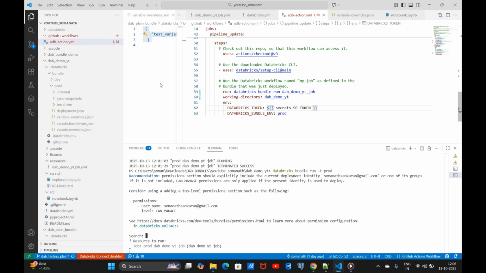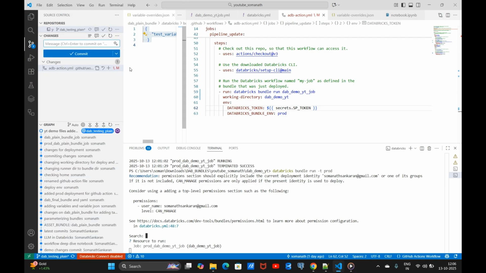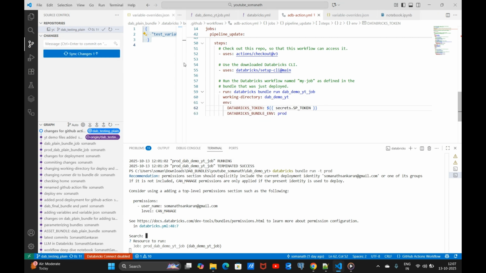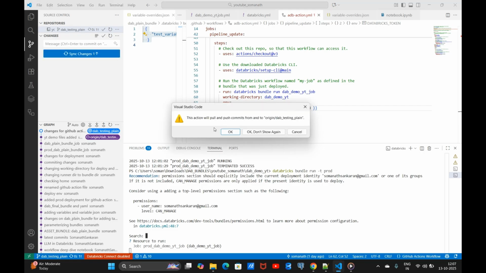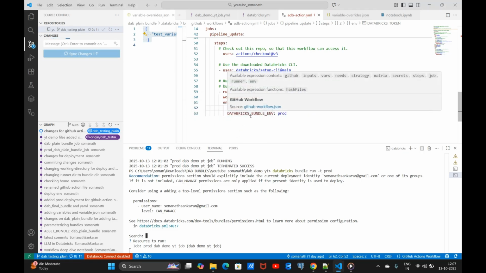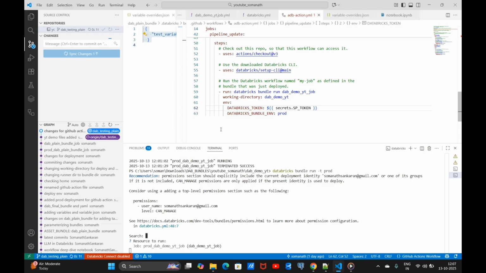So now we have made this change, let us check in this code. GitHub actions, and commit changes for github actions. Now we have to put the changes. So once it is pushed,